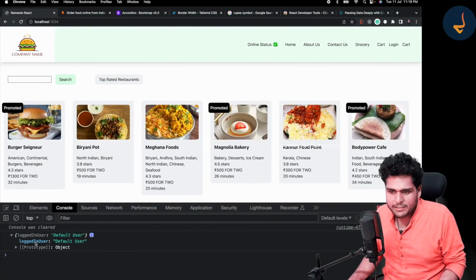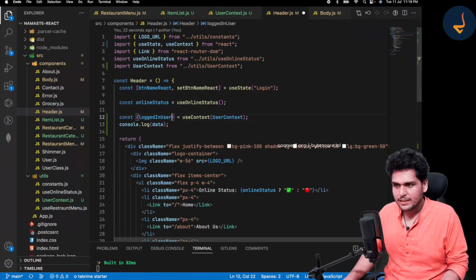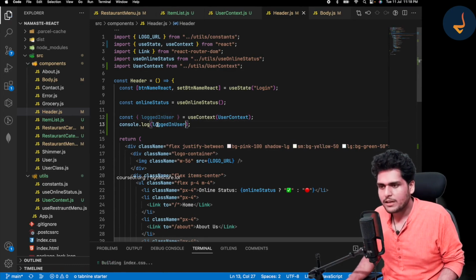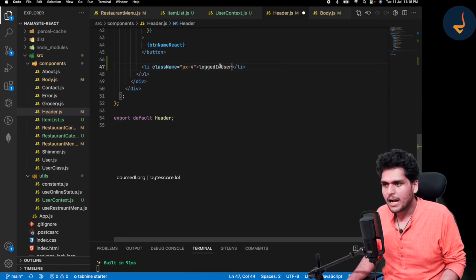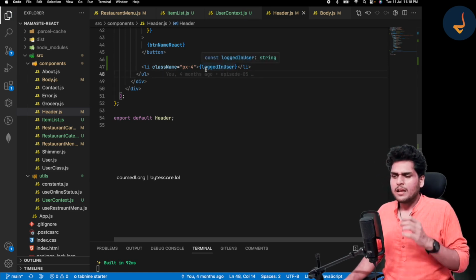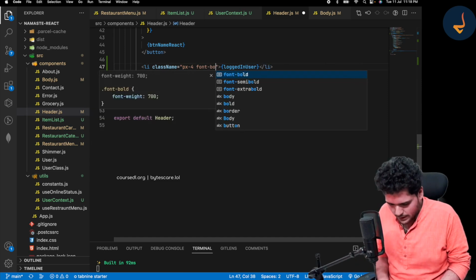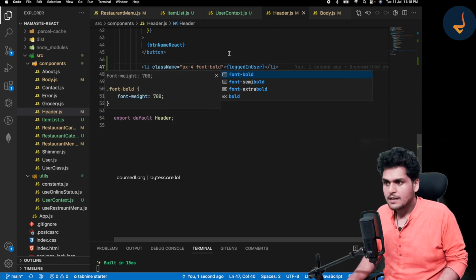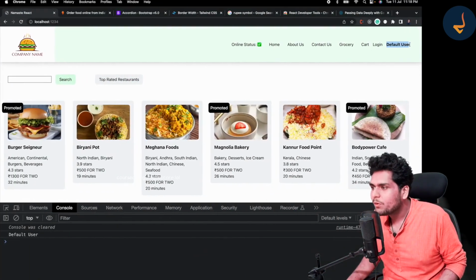So I can extract my logged in user from this data like this, and let me display it over here. Here, instead of cart, let me display my logged in user, and let me make it a little bold. So for bold, let me write font bold. Okay, I have written font bold, and if I see, we have got this default user in our header,